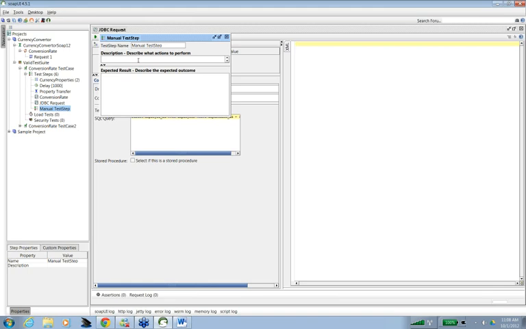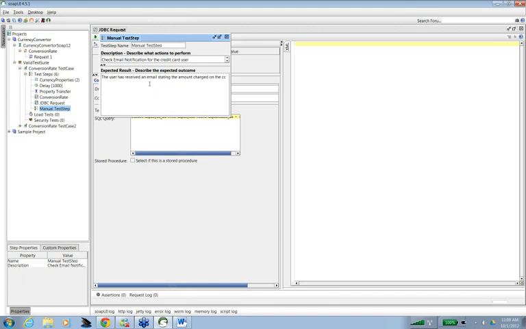So let's say I want to add the description which I have recently said. Check email notification for the credit card user. And then the expected result, let's say: the user has received an email stating the amount charged on the credit card.